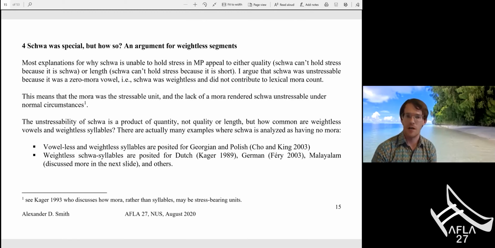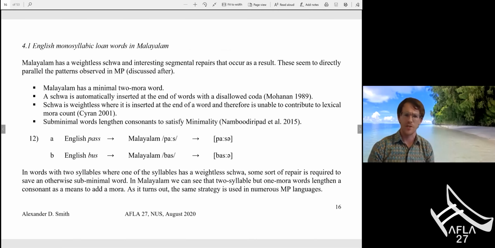And it's not uncommon for languages cross-linguistically to be analyzed as having syllables that are zero moras or vowels that are zero moras. So for example, in Georgian and Polish, we have examples of syllables being analyzed as having no mora. And in Dutch, German, and Malayalam, for example, we have examples of schwa specifically being a zero mora vowel. And Malayalam is even more interesting because the lack of a mora in schwa is responsible for segmental phenomena that appear to be in response to a word minimum requirement. And I'll show that example here because we're going to see direct parallels of this when we get to the